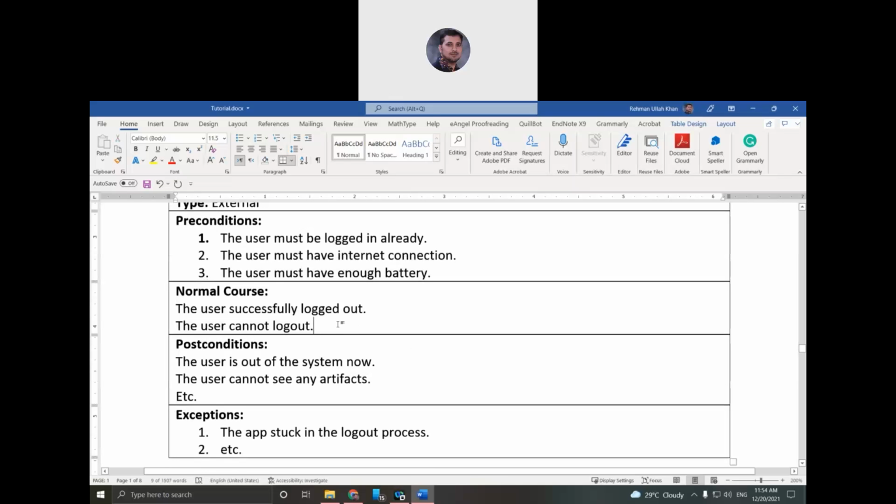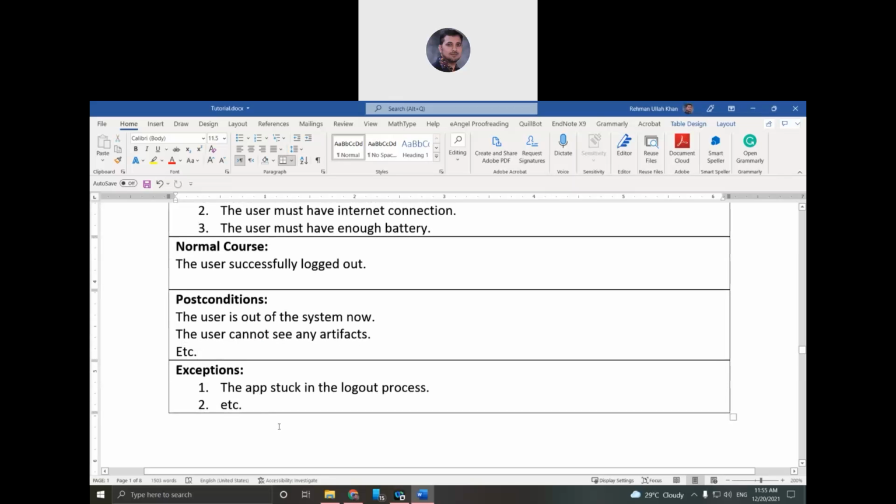Okay. The user cannot, why did I put this one? The user successfully logs out. I think this one is not needed. Post condition, the user is logged out of the system now and the user cannot see any artifact, because if you log out you cannot see now.